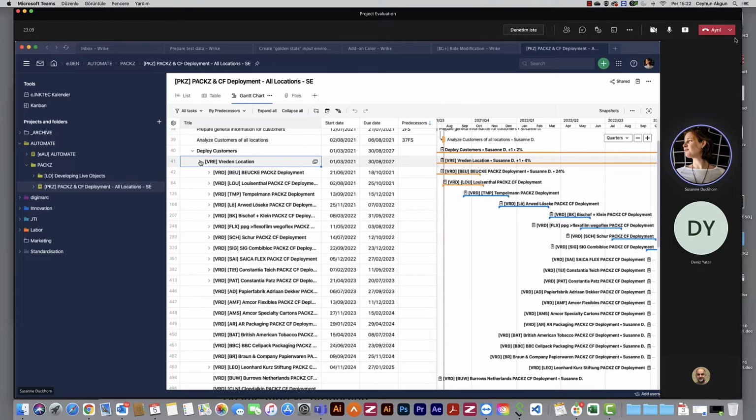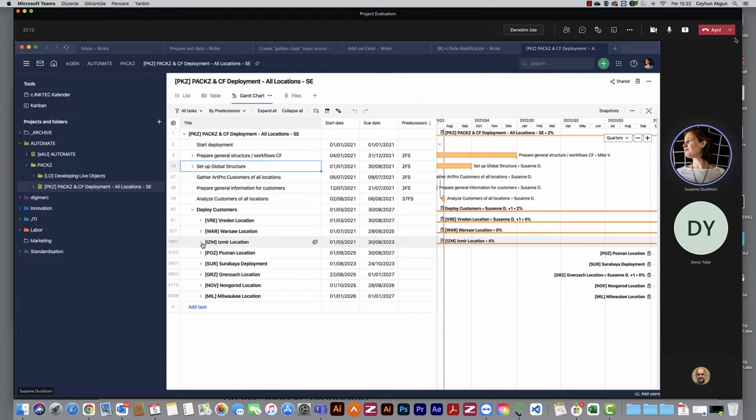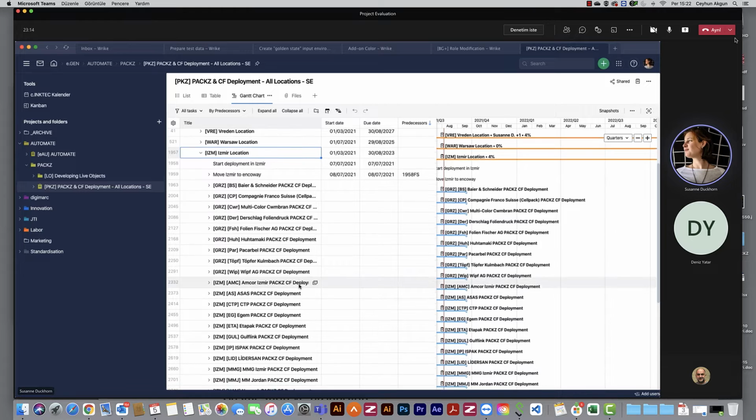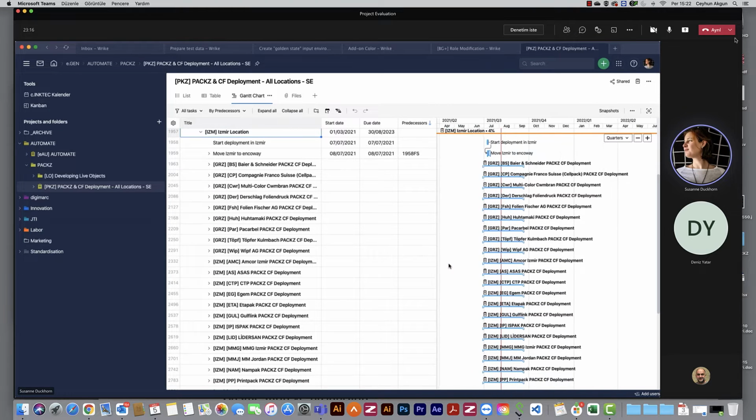So, and we would have the same here for Izmir, and then for the Izmir location, if this is how you decide, then Jaehoon will be responsible for the Izmir location. But as I said, I don't know what exactly the management in Izmir wants to do, and this will be evaluated when Markus Pennekamp is back from vacation, and then we will talk to all of them. So this is why I can't say anything about the deployment in Izmir right now.